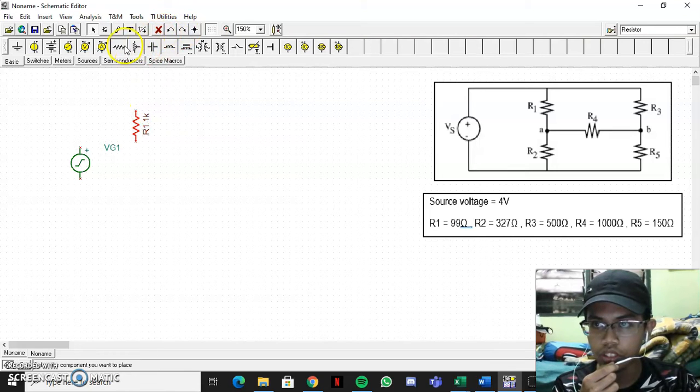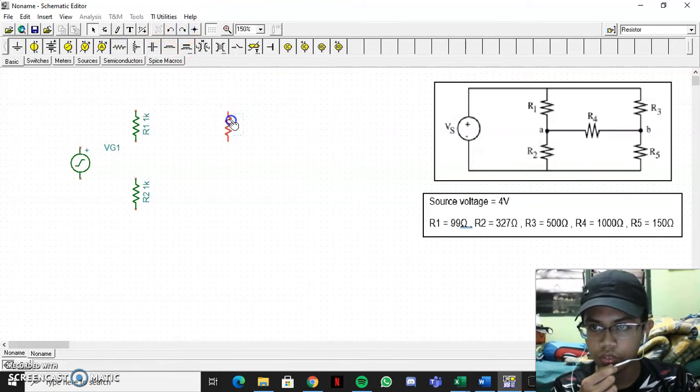Next I will put the second resistor right here. Next I will put the third resistor right here. Next I will put the fourth resistor right here. And next the fifth resistor I will put right here.